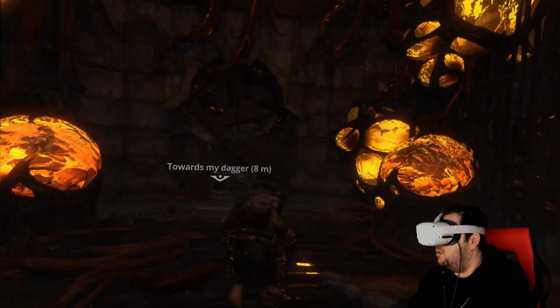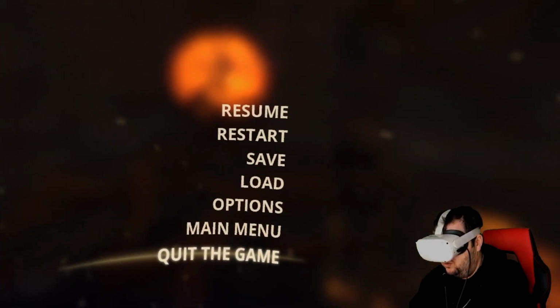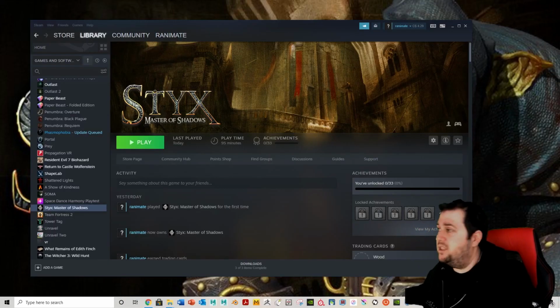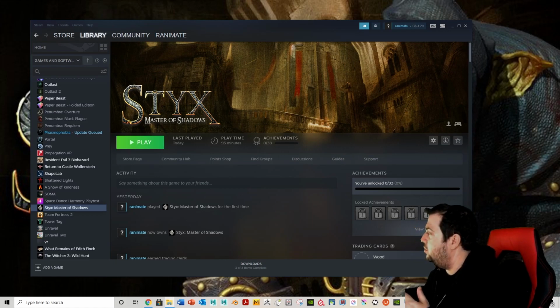So now that I see that it is working, let's quit the game and go back to our desktop. We are back to desktop. Now we want to tweak the field of view and make it a little bit better. What you need to do is go to, I will put the link below to where you get it from, your